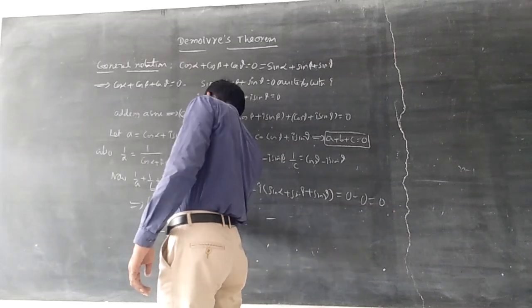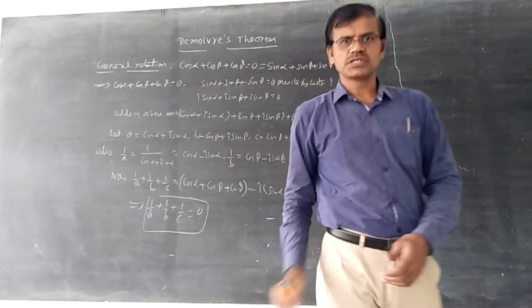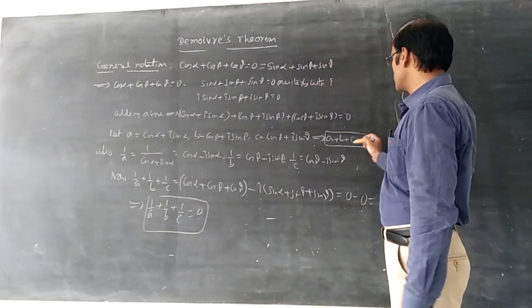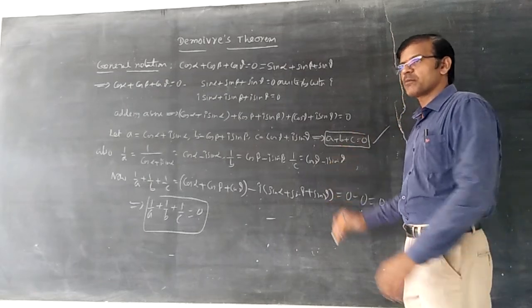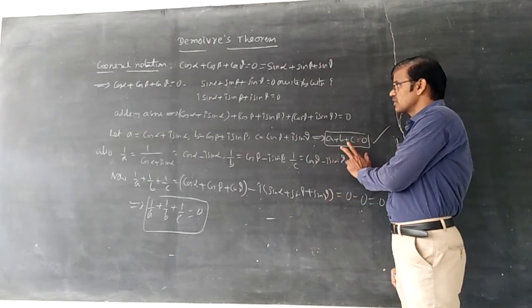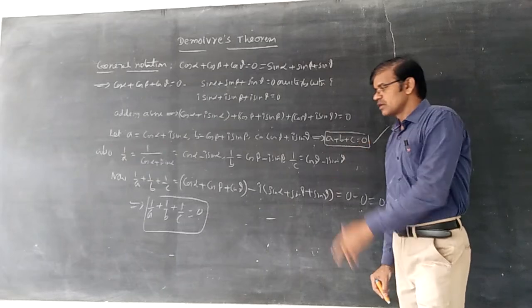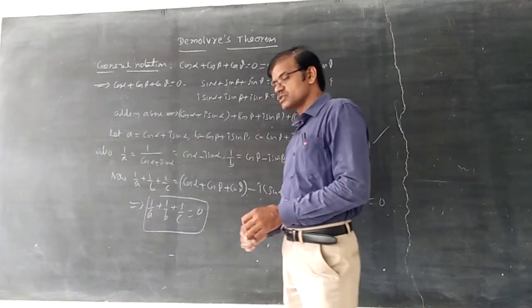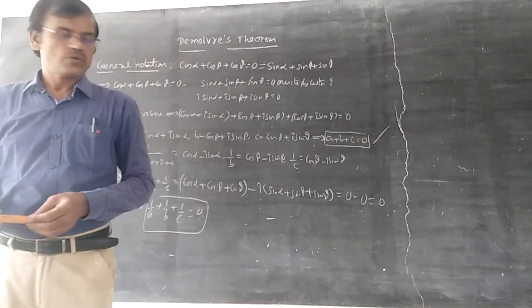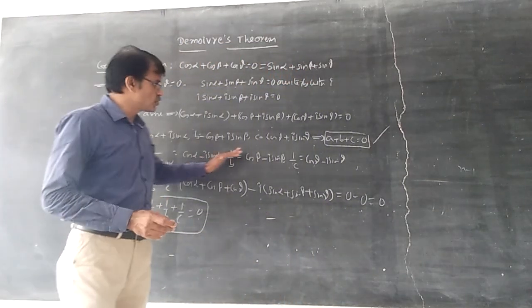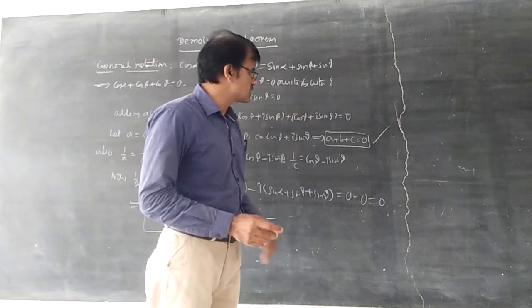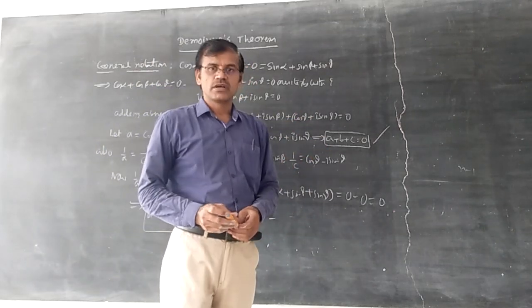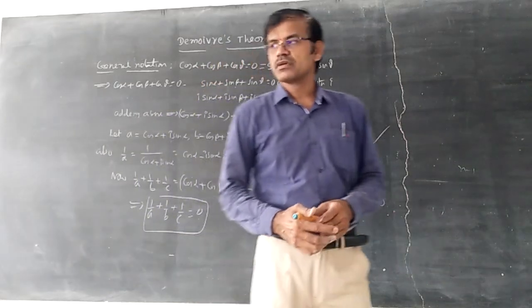Keep this aside. Hereafter we can use these formulas and do the applications. Using a plus b plus c equal to 0, there are many applications. We can use them according to De Moivre's theorem, and also 1 by a plus 1 by b plus 1 by c equal to 0. Those applications we can also do. Okay students, let us continue. These applications depending upon a, b, c and 1 by a plus 1 by b plus 1 by c, a plus b plus c depend upon De Moivre's theorem in the next class.